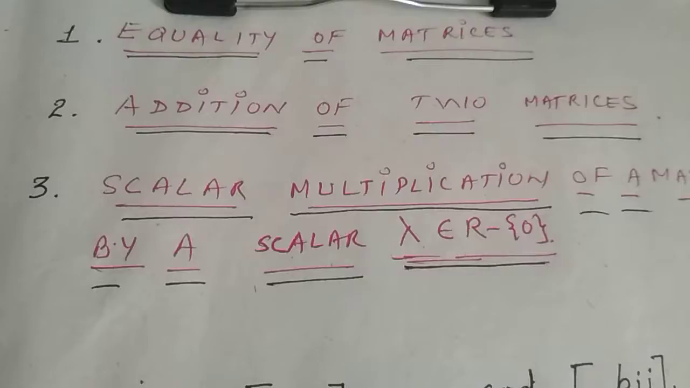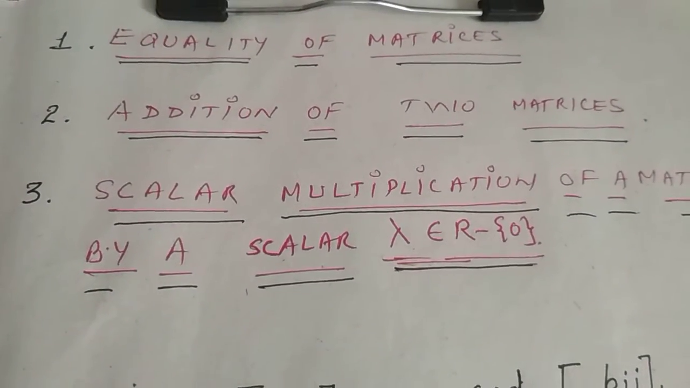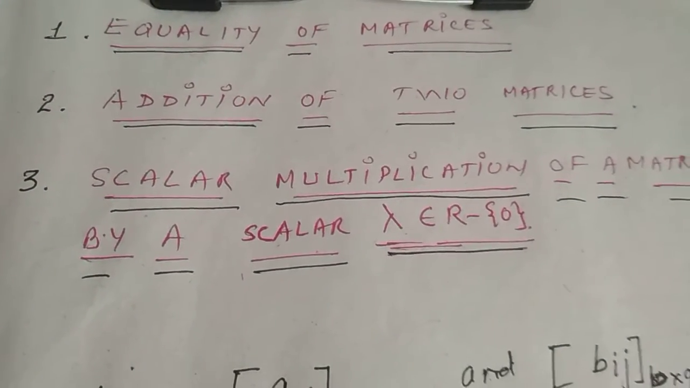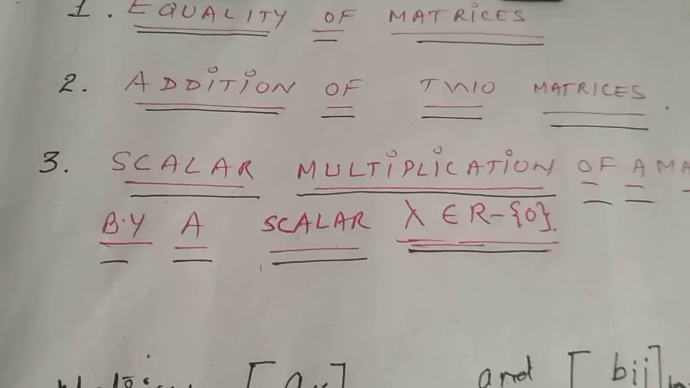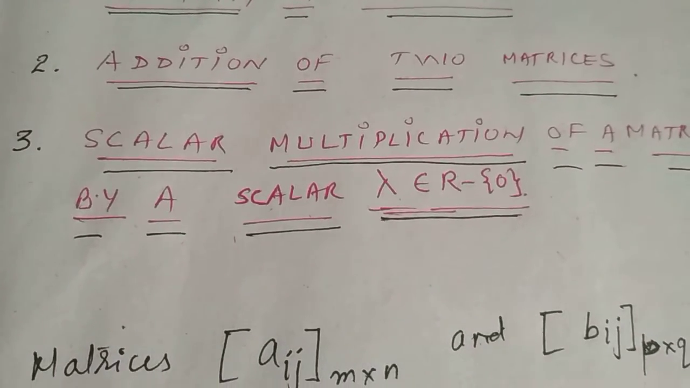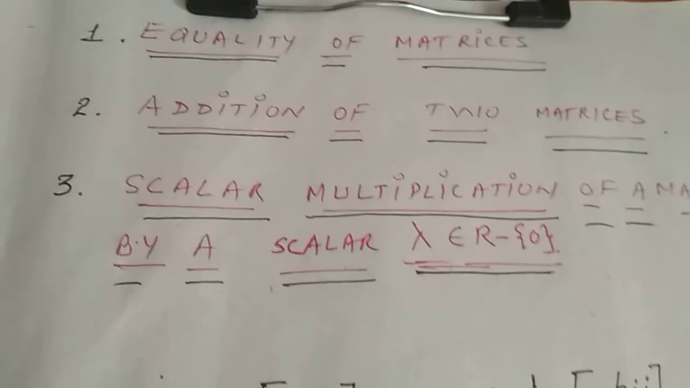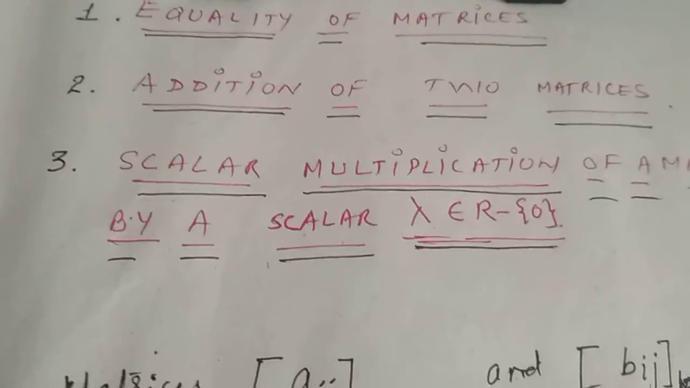In this video we are going to study equality of matrices, addition of two matrices, then scalar multiplication of a matrix A by a scalar quantity lambda, which is a non-zero scalar number. So very first definition, equality of